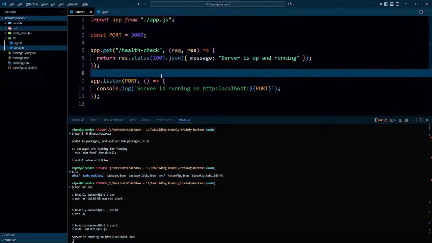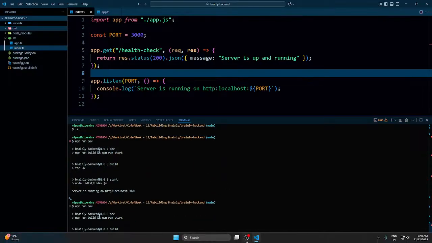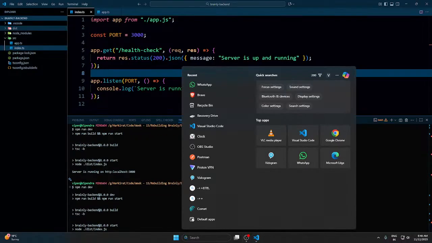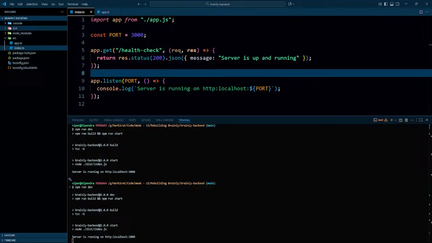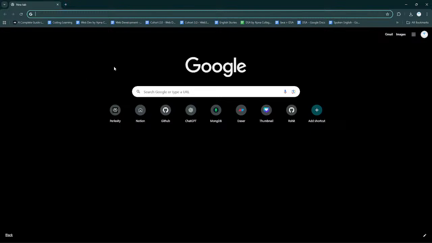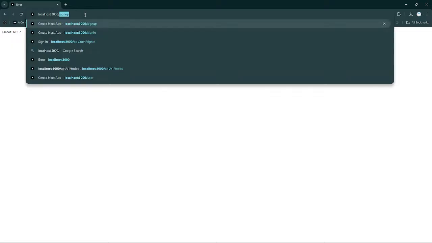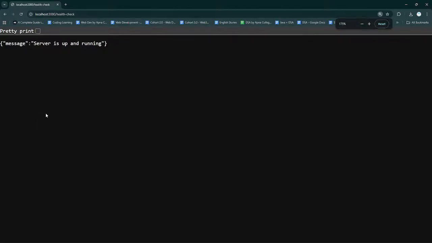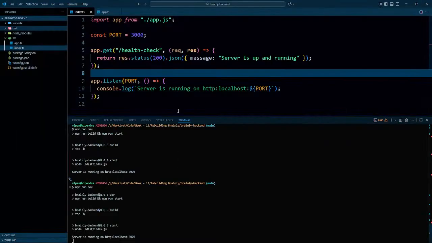So this is how it's gonna be going on, and we don't really need to do anything. Simply run the server and check whether it's working or not. So let's open Chrome here. Localhost 3000. Well, okay, that should be health check. Okay, yeah, we are getting the result. That's pretty awesome. This thing is working. Now what?